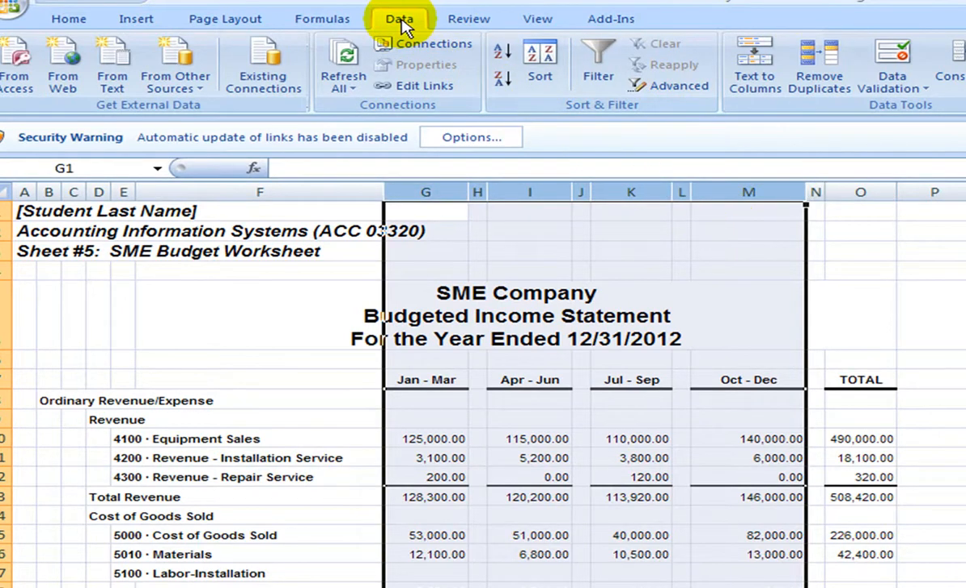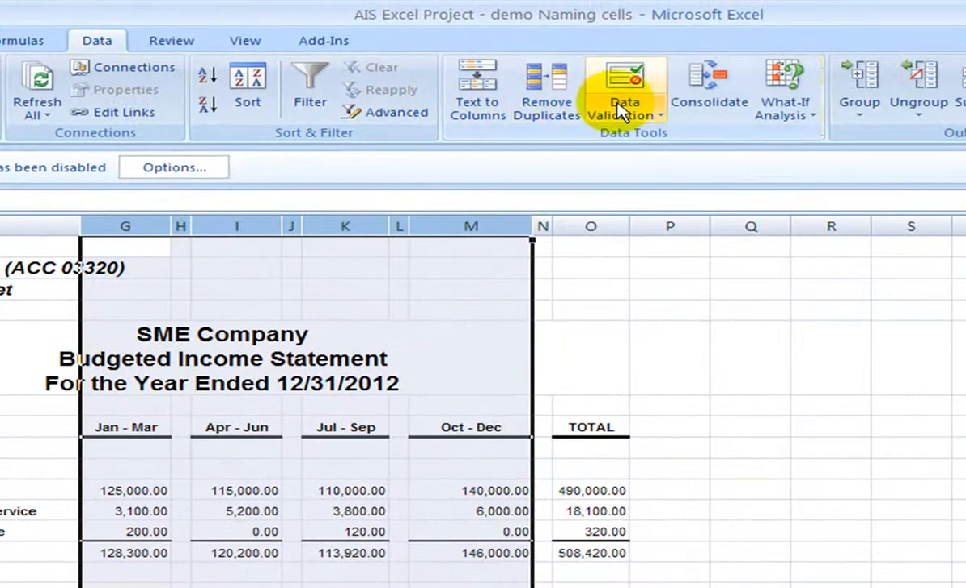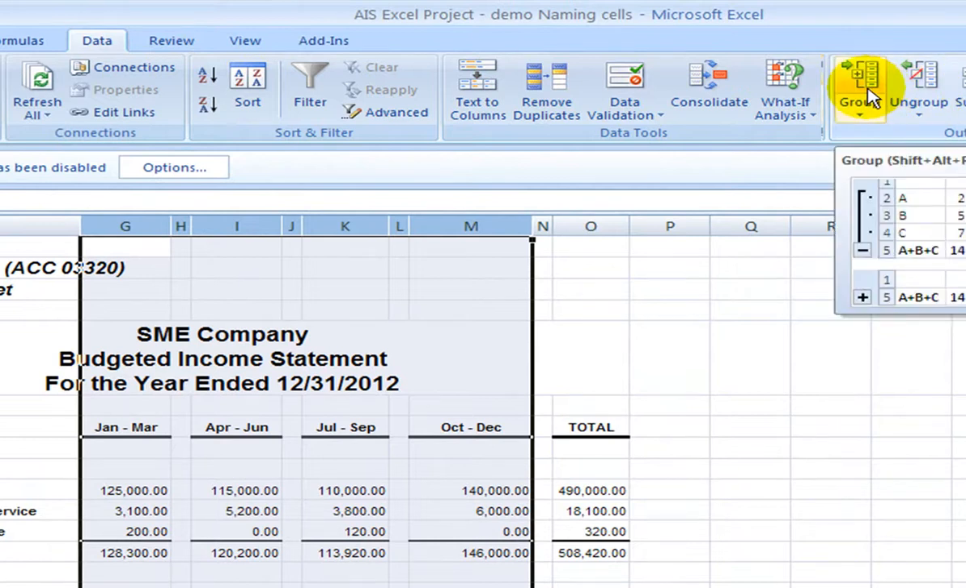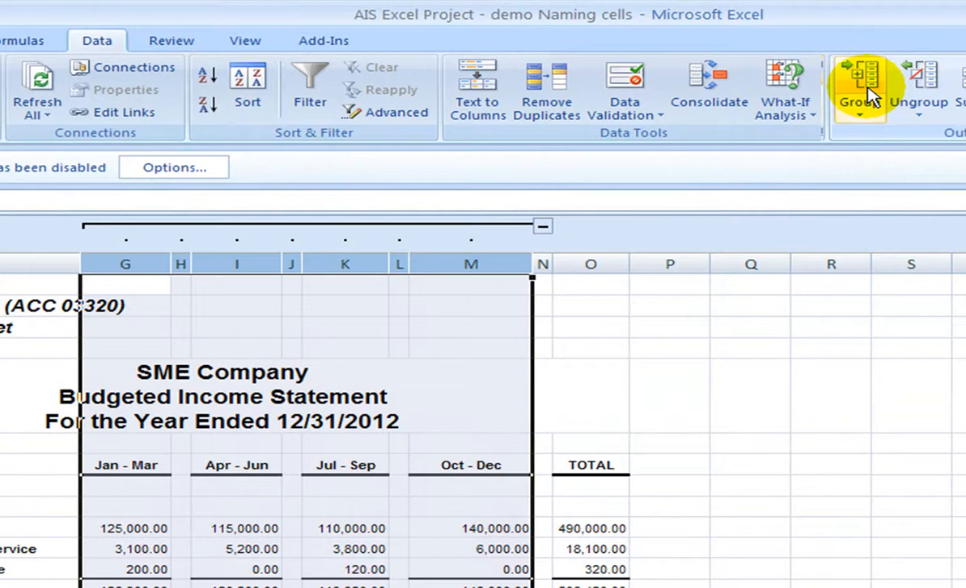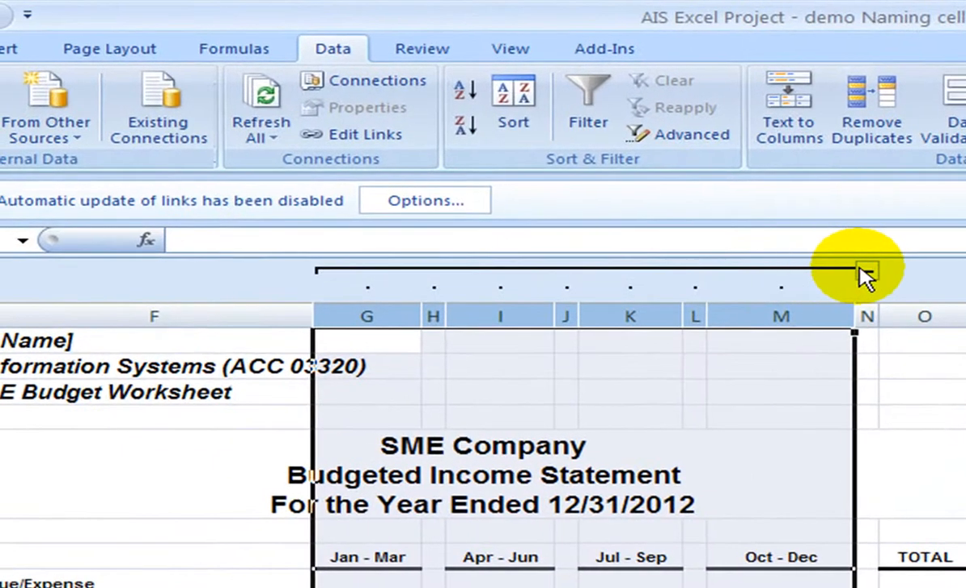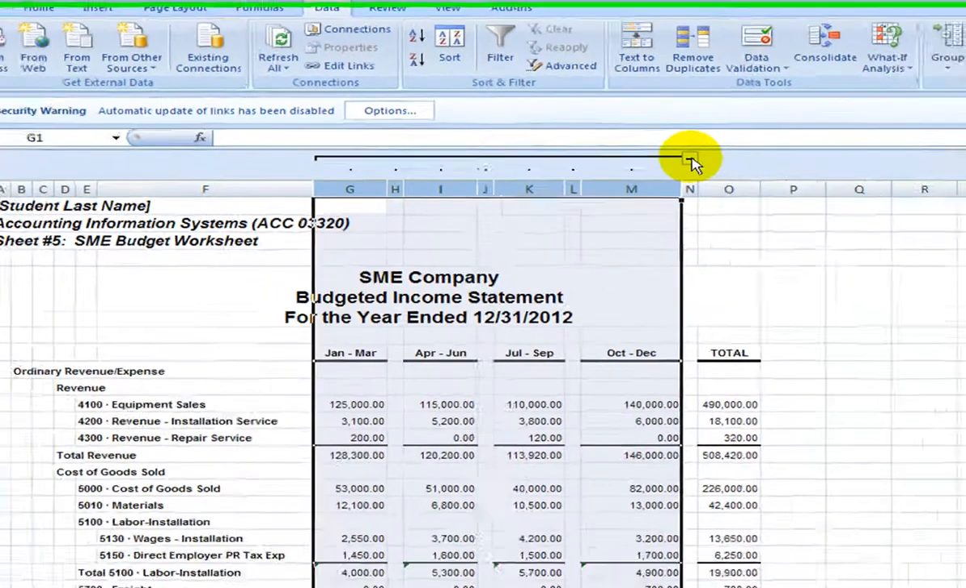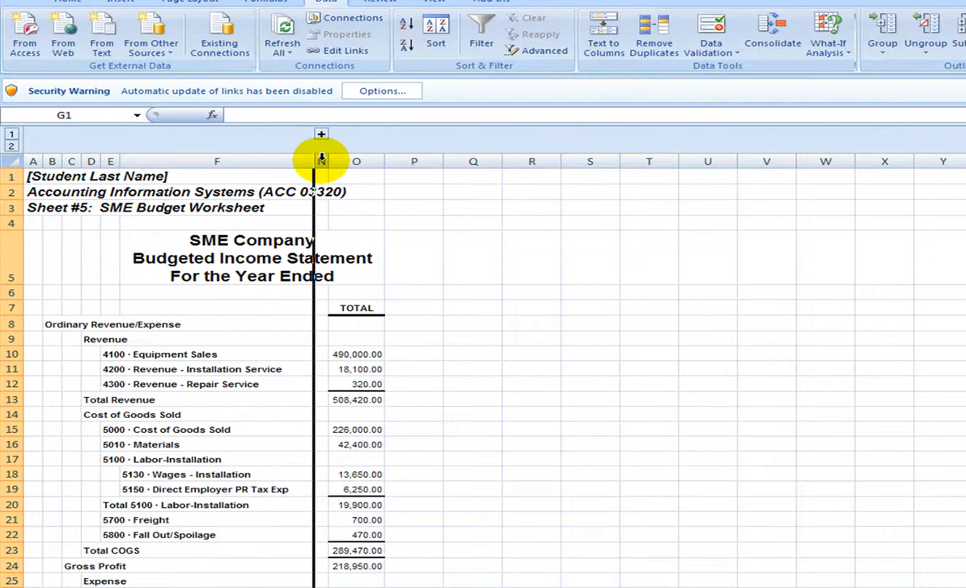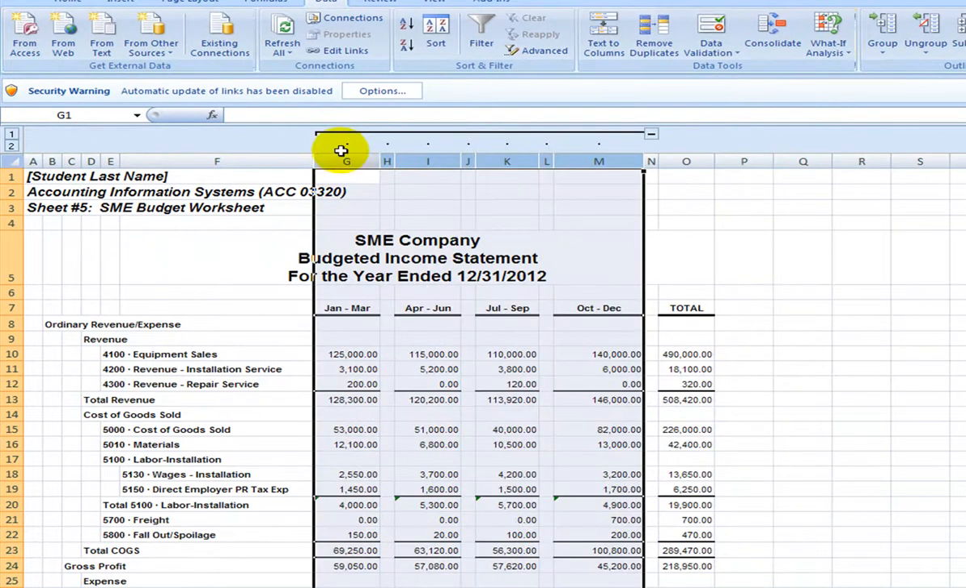and then we're going to come up to the menu bar and select the Data tab, and then come over to the Group icon and click on that. And you'll see now that we have a bar going across the top here above the columns with a minus sign on it. And if we click on the minus sign, you can see that what it does is collapse the columns such that only the total row is showing. And if we want to expand it again, we just click on the plus sign and there's the full detail